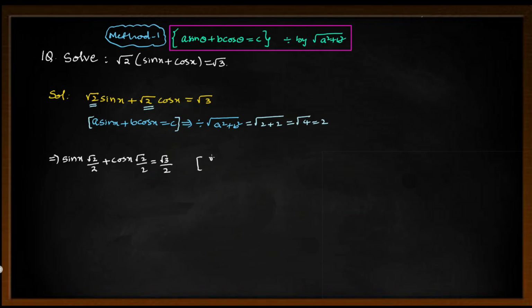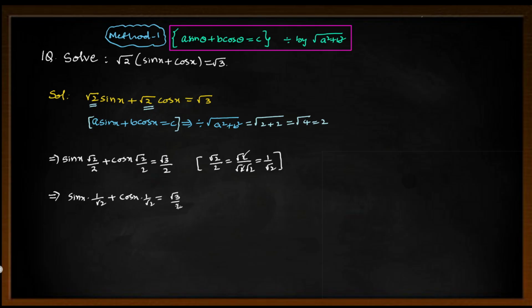But we know that root 2 divided by 2 is root 2 by root 2 root 2. Now one root 2 gets cancelled. This becomes 1 by root 2. So our equation becomes sin x into 1 by root 2 plus cos x into 1 by root 2 equals